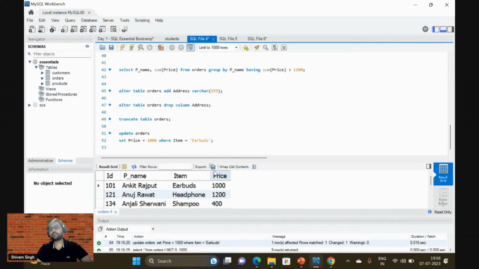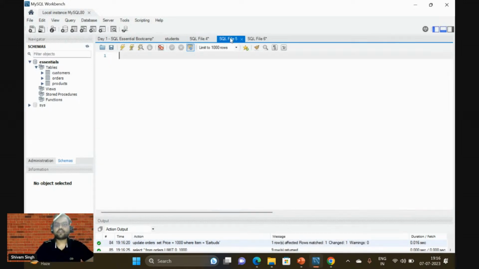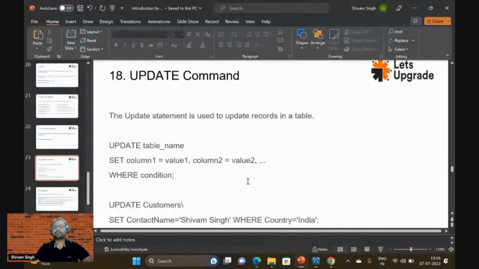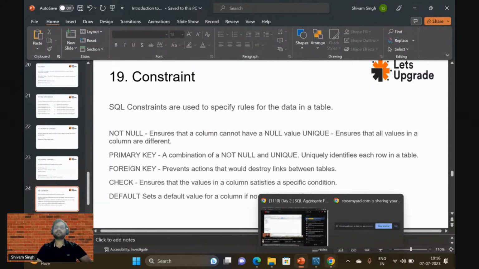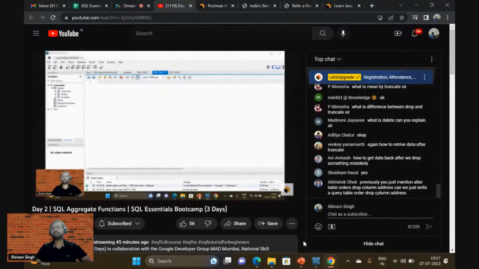That's it from update. Now, guys, let's talk about very important statements inside SQL. These are constraints. Constraints are nothing but a set of rules which we